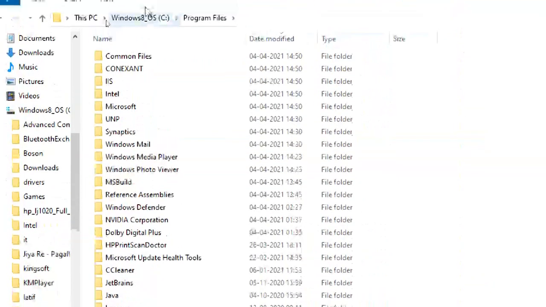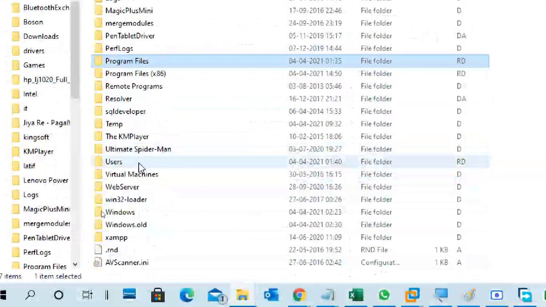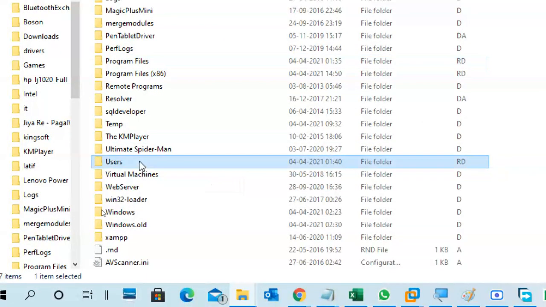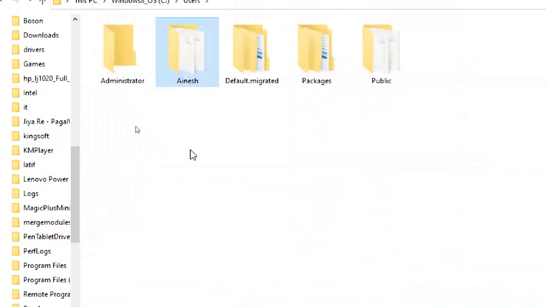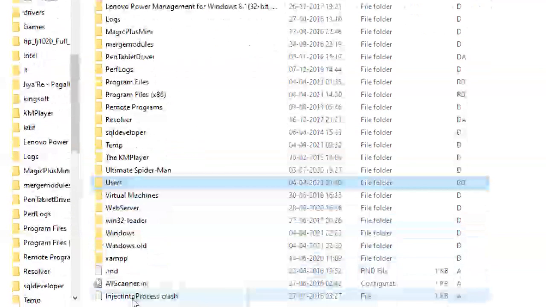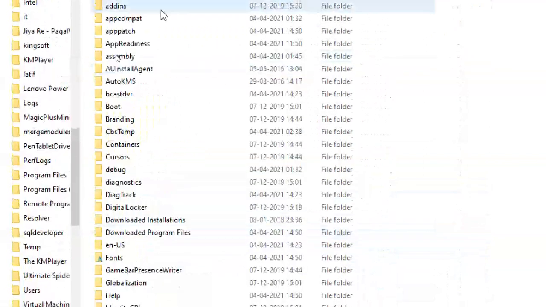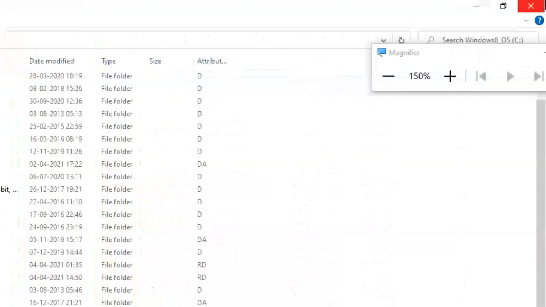Program Files stores program-related data, then ProgramData, application data. Under Users we have user profile data, like my username and another user, administrator. Windows has your application linking files and main operating system files.